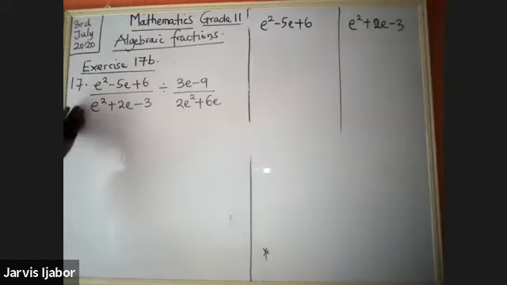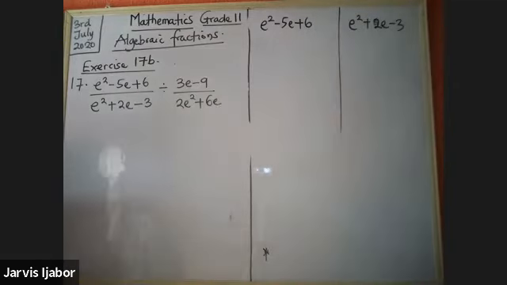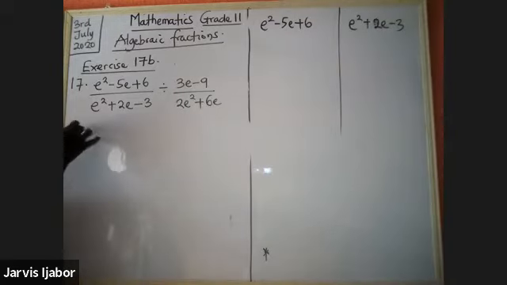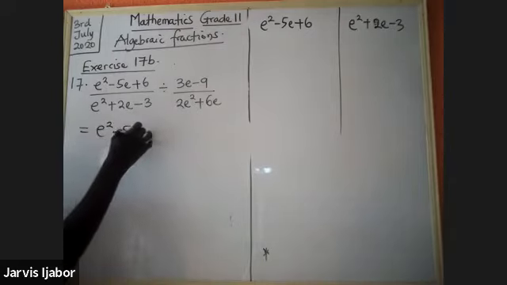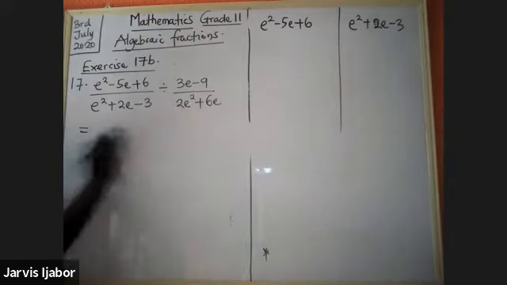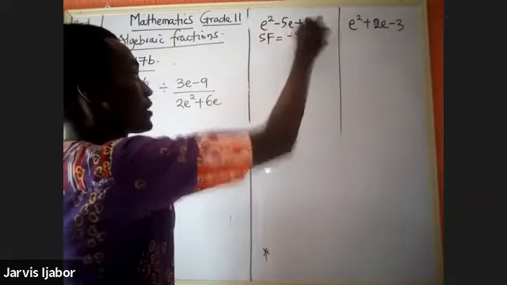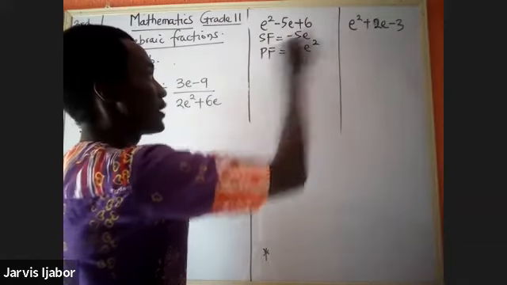Okay, that's question 17 on the board. E squared minus 5e plus 6 over e squared plus 2e minus 3 divided by 3e minus 9 over 2e squared plus 6e. So I could start by taking care of this part. This will be e squared minus 5e. Okay. Maybe we should start with this. So sum of factors will be minus 5e. Product of factors will be 6e squared. So factors